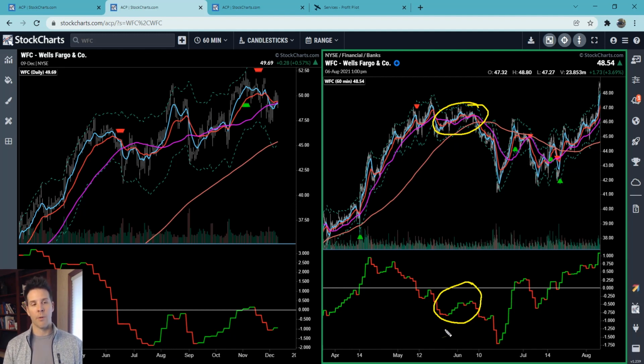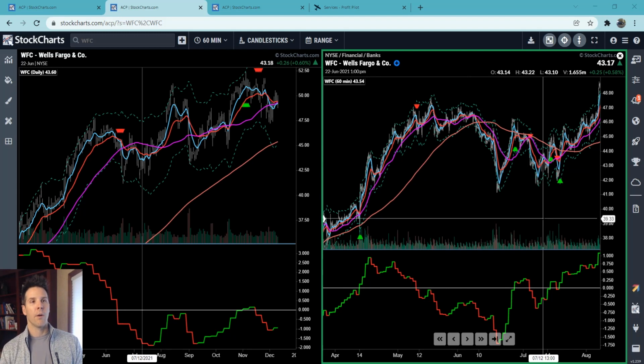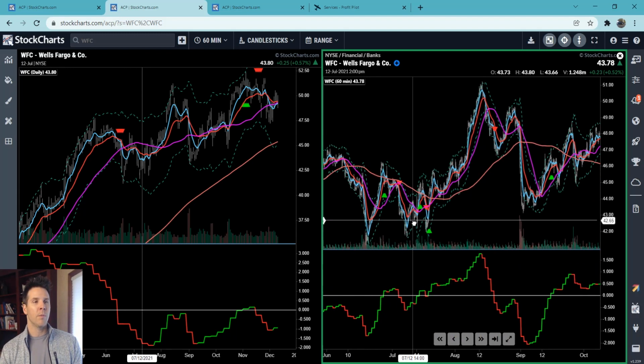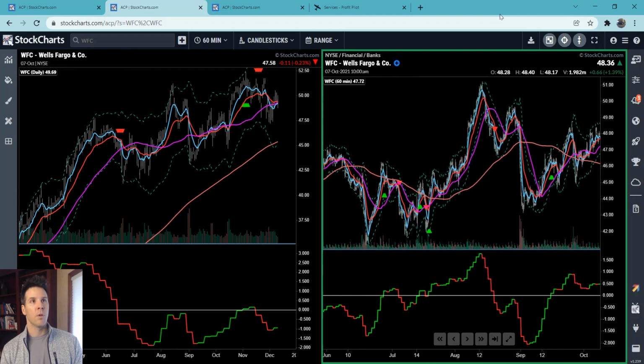Price was over the hourly 50 for quite some time. The Moxie indicator was so far below zero, it was just never going to happen. And so that is what pulled price down. Now, if we come through here a little bit, let me show you some perks, show you some good setups